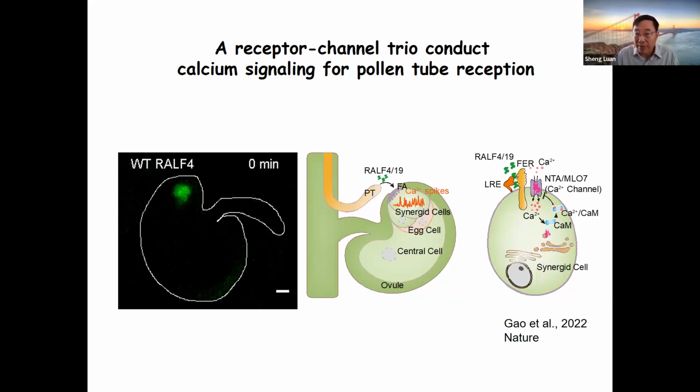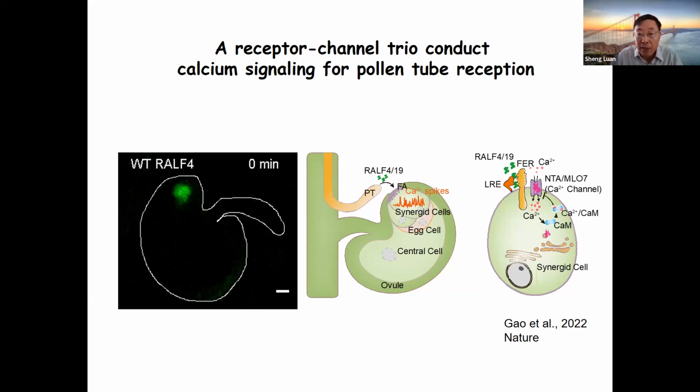It turned out that this whole MLO family, which stands for Mildew Locus O, right, is involved in mildew fungal tolerance, and also in other processes. So it's a big family of proteins. One of the family members is right here. The pollen tube actually produces LURE peptide, right? And then it is released to the synergid, where it is recognized by the surface receptor, Feronia LRE.